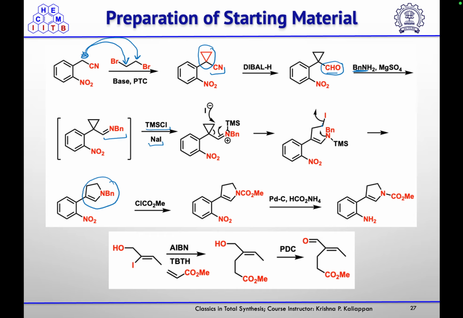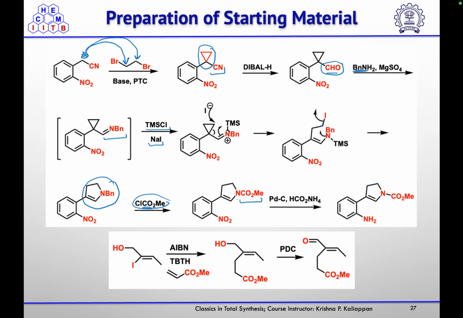Then they don't want the benzyl group attached to the nitrogen, they want the ester group. For that purpose, when they treated it with this chloromethyl, this, not carbonate, with this reagent, sorry, I forgot the name. So they got here just a removal of that benzyl group, and then the nitrogen will attack on that carbonyl group, chloride will leave, so you will get that ester group here.